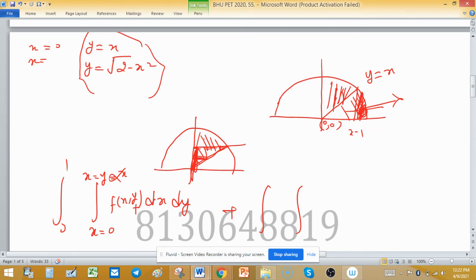now the second region is this one. So the limit of x varies from 1 to, if you cut the strip as this one parallel to the x-axis, then 0 to the touching part of the circle. So in terms of y, this is the square, and the limit is from 1 to root 2. Write f of x, y dx dy.